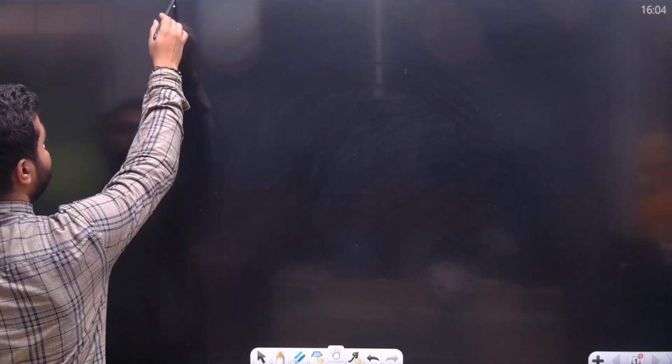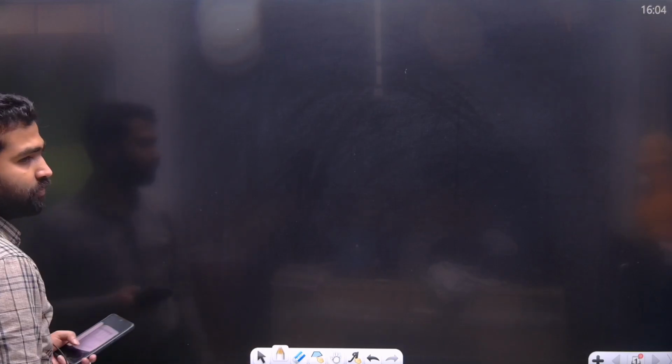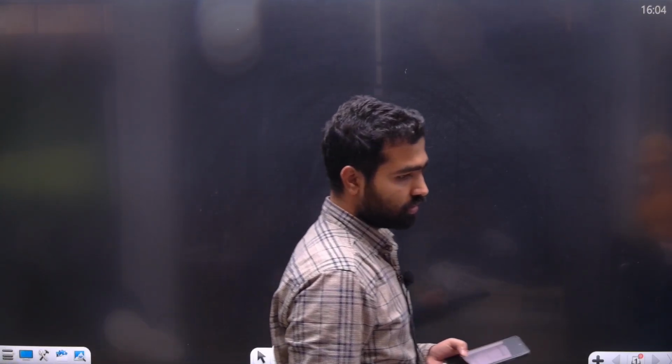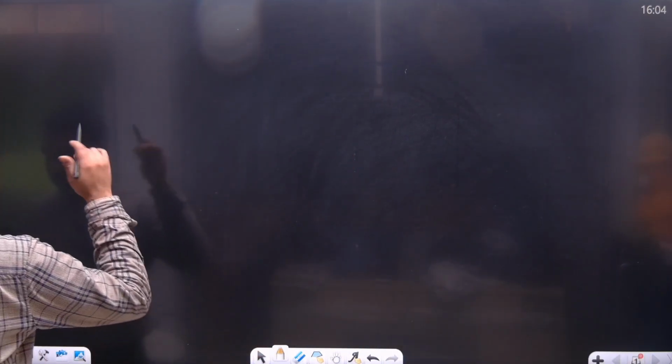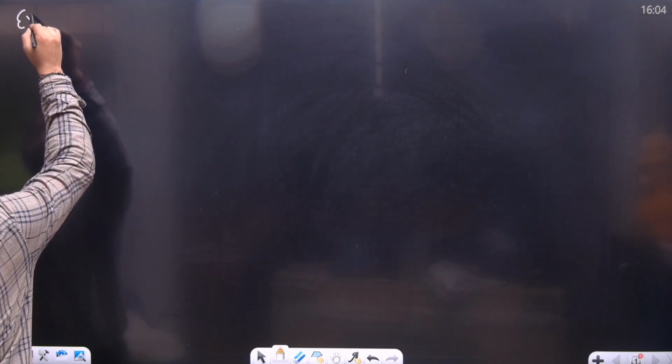There is one more topic, amortization of loans. Okay, there is not much to study. Amortization of loan, I'm taking one example, you will understand what is meant by amortization of loan. Now next example, example number 2.